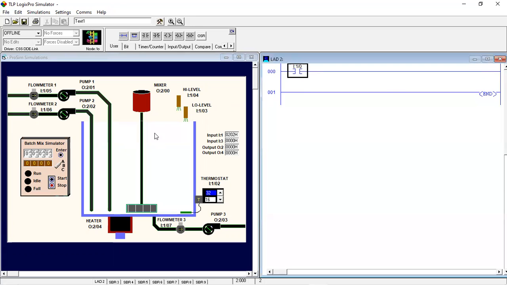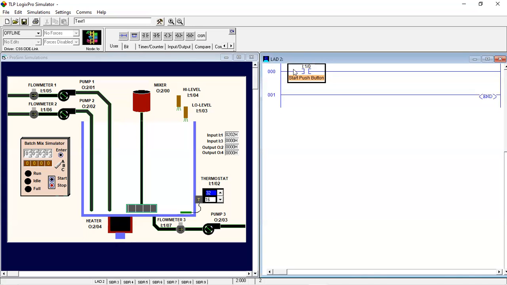This is our start push button, and here we can mention the start push button. After pressing the start push button, our pump releases the liquid.